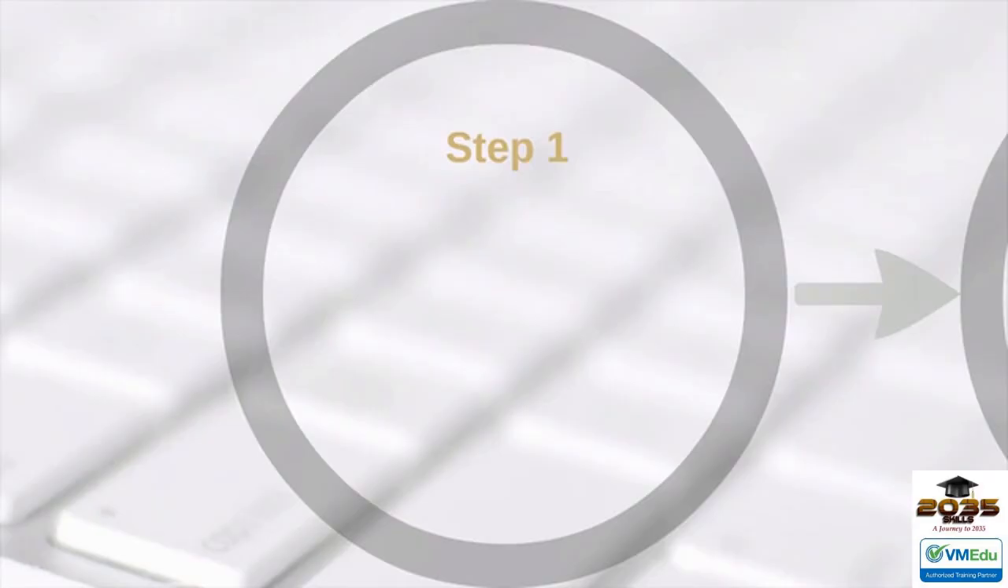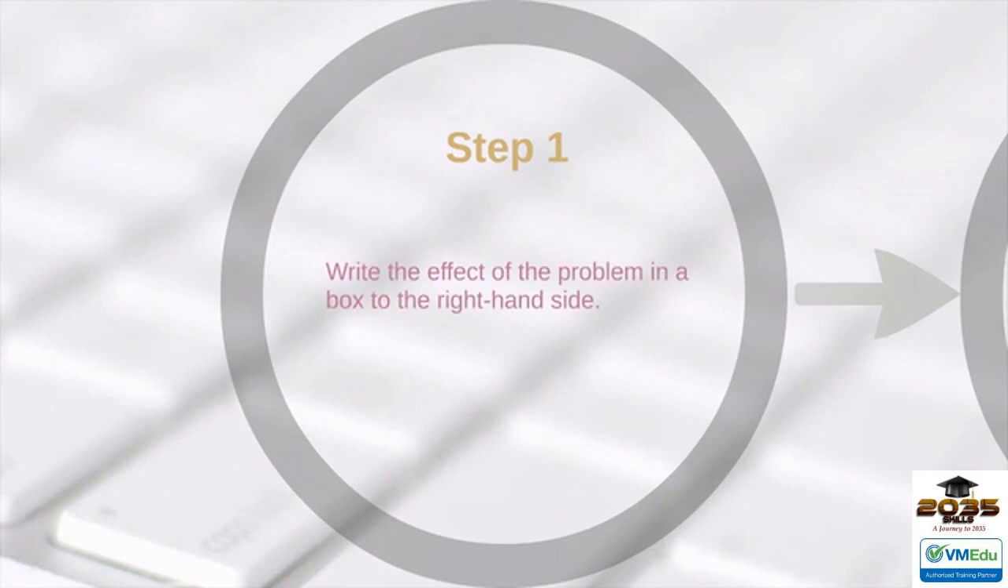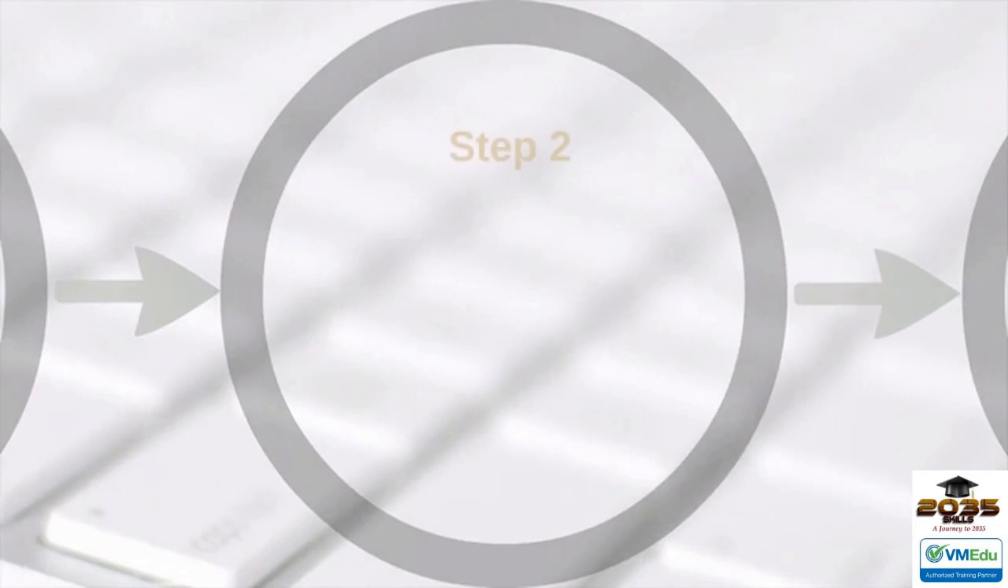The steps involved in creating cause and effect diagrams are: first, the effect. A specific problem or quality characteristic is the head, and the potential causes and subcauses of the problem or quality characteristics make up the bone structure of the fish. Therefore, write the effect of the problem in a box to the right-hand side. Second, draw a horizontal line from the left